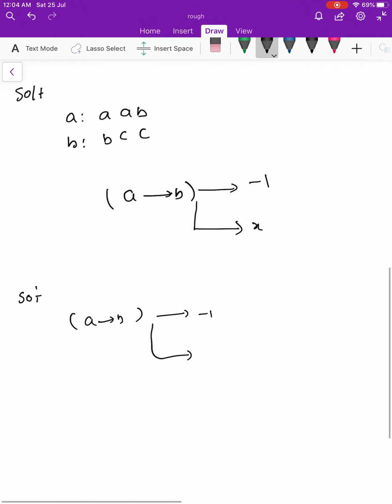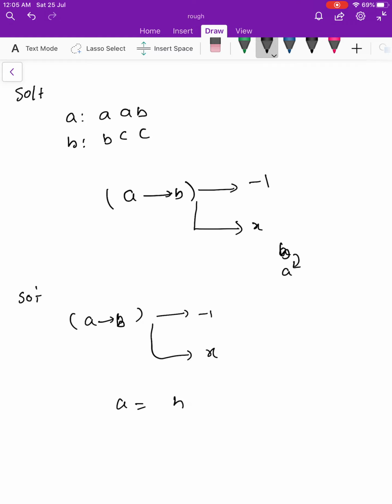The answer will be -1 when we have to change a character to a character which is less than the actual character.